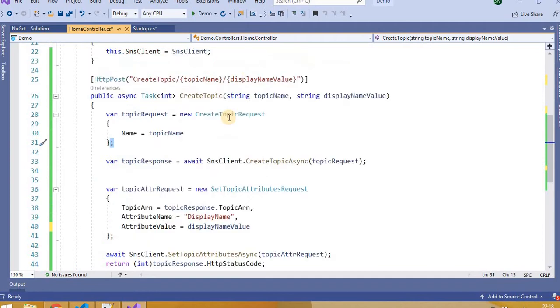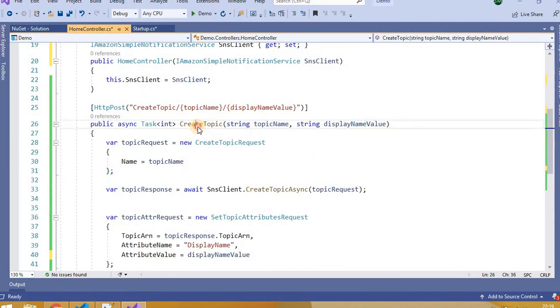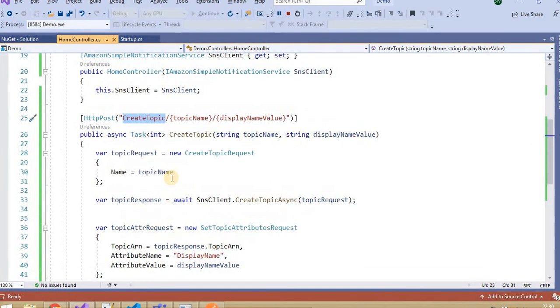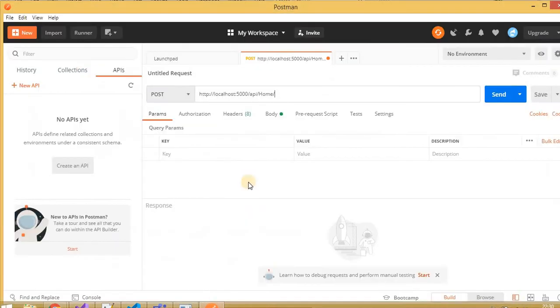Right now I will hit this method from Postman. Let's run the application. Now the application is running. Let's move to Postman. Here this is the base URI.